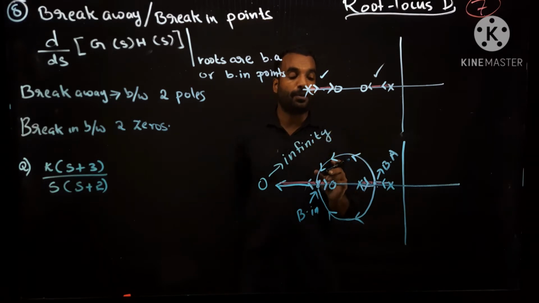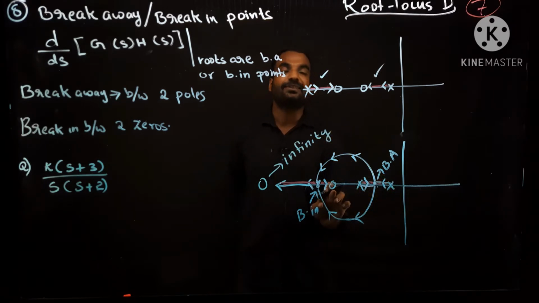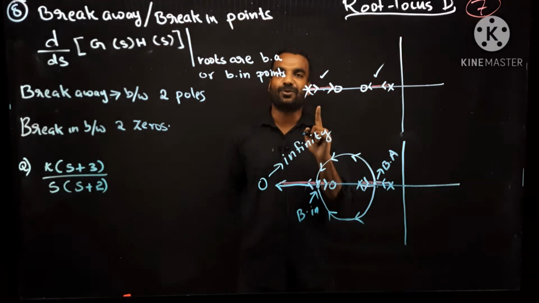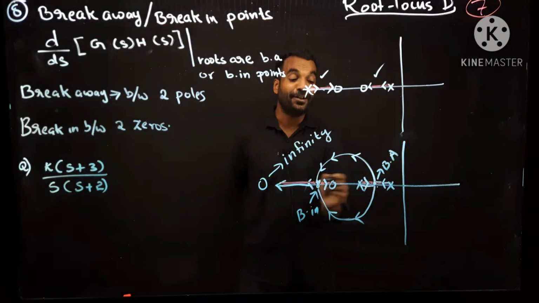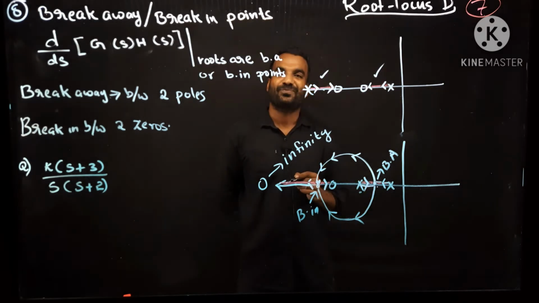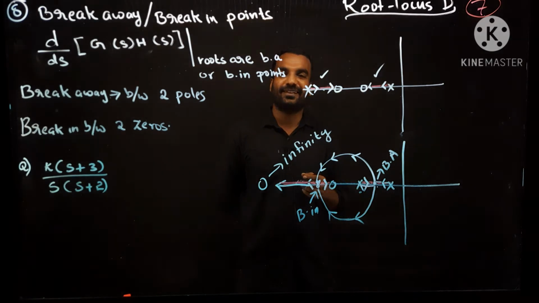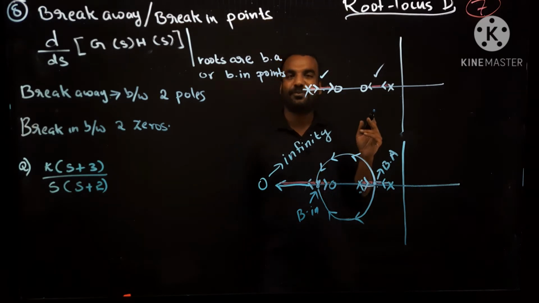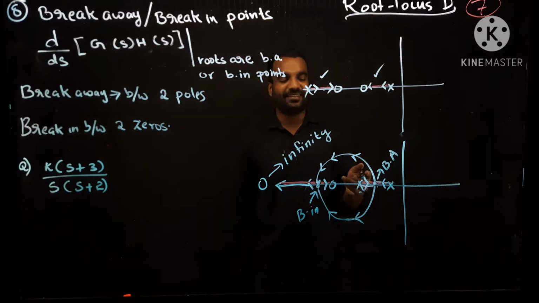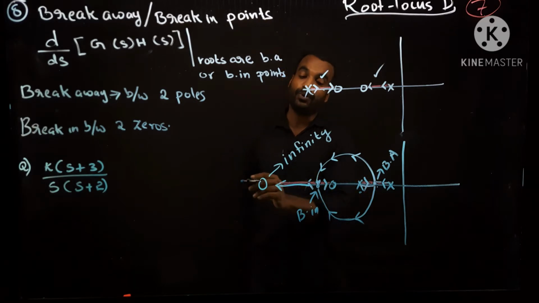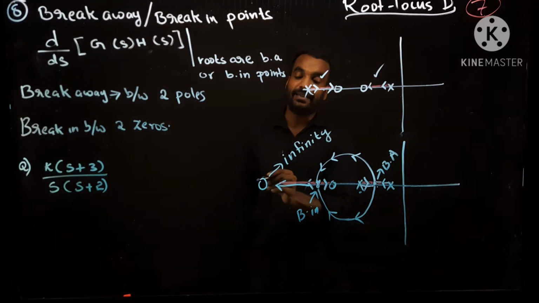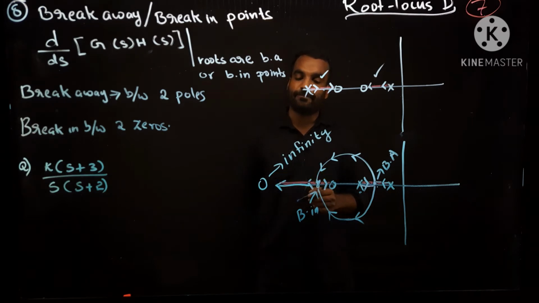So if in the problem only two poles and one zero are present, it doesn't mean there is only one zero. Another zero is there, somewhere in the infinity. We have to travel up to the infinity to meet that zero. Like in the cinemas, the hero travels up to the US to meet his lover, somewhat like that. One of the poles will meet its zero here, while the other pole will have to travel up to infinity, because the root locus diagram exists up to infinity based on rule 7.